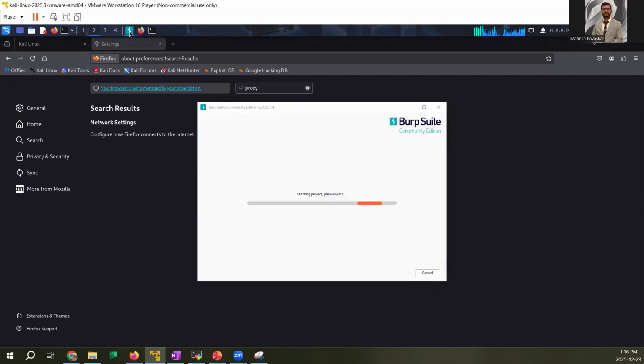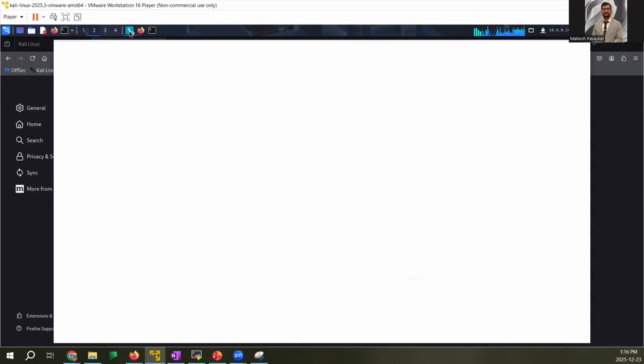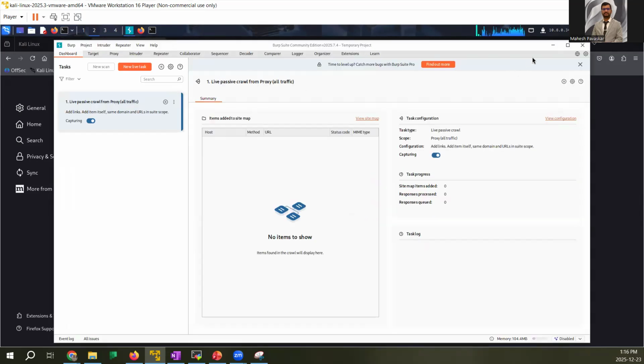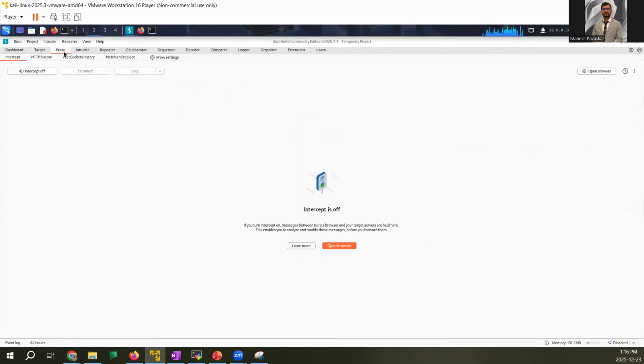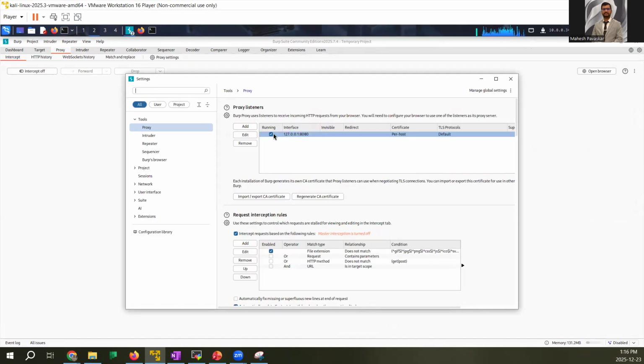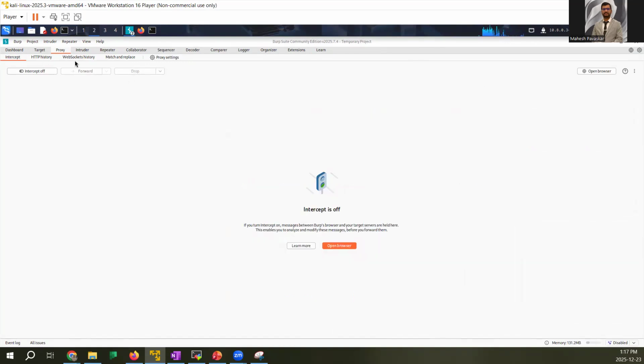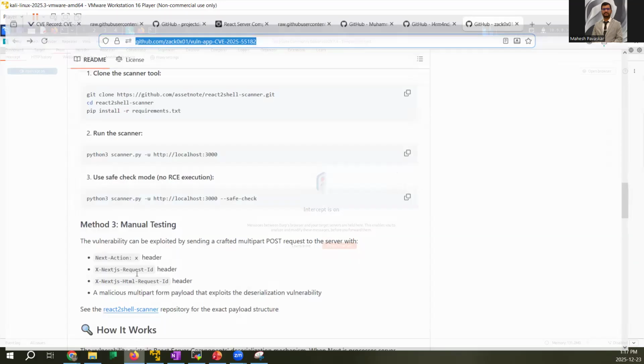If you go to the Burp Suite, so now I'm intercepting each and every request. Okay. So if I go to Burp Suite and to the proxy settings, you can see why I use loopback and the 8080 port, because whatever request I'm sending now will be intercepted by Burp Suite. So Burp Suite will intercept the communication and we can modify it, if required. So now I will start the interception. Interception is on, and I will go to the browser,